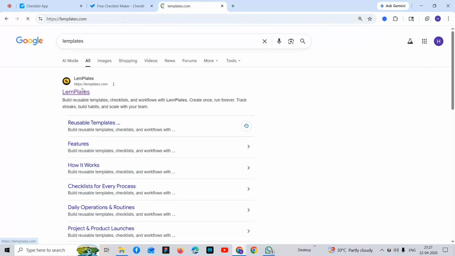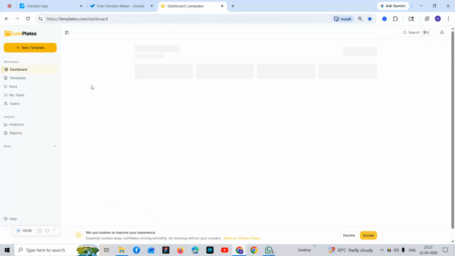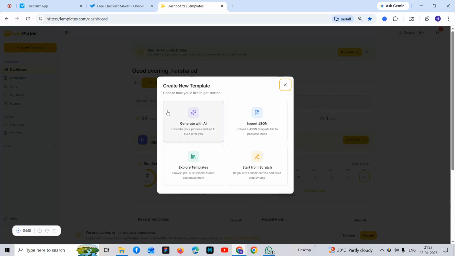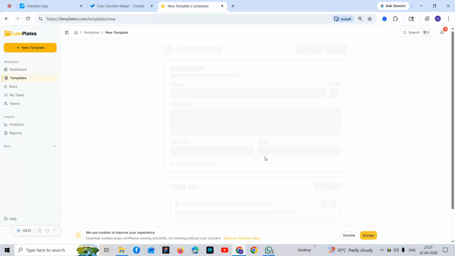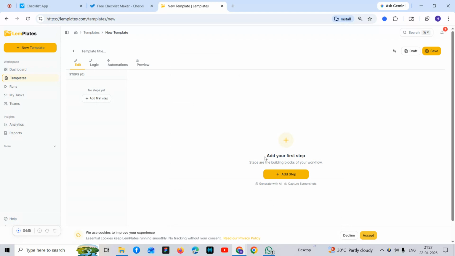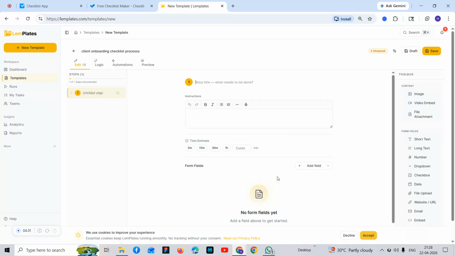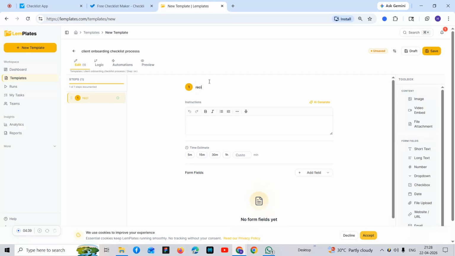Let me click on templates, open templates, go to new template, start from scratch. Let me name it client onboarding process. Client onboarding checklist process. Let me add a step over here. Now the steps will have a step title. Let me keep it as the step, receive client details. The same thing. Client,